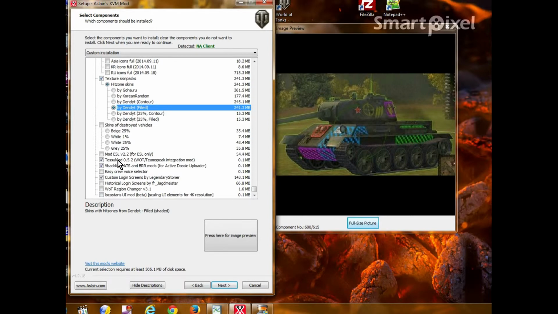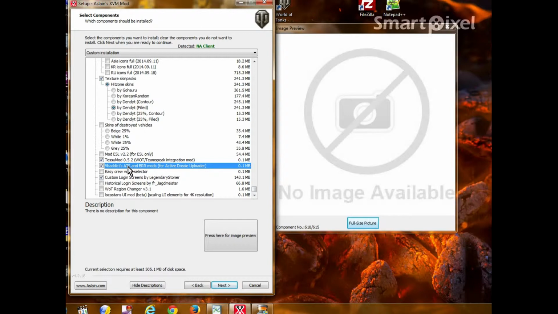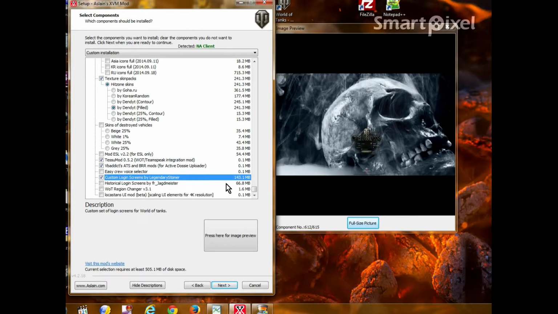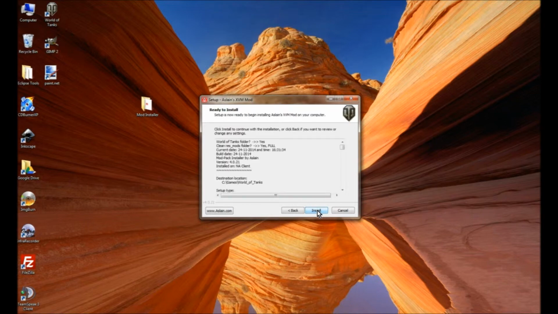And I use TeamSpeak integration. It uses the controls from the indicators from Watt and attaches it with TeamSpeak and makes it so you can see who's talking on your TeamSpeak. This is for VB Addict if you need it. And custom login screens could be pretty cool. A bunch of stuff there. And I always do clean full, so it goes in and deletes all the old mod stats and puts in all the new stuff. And then we hit next,